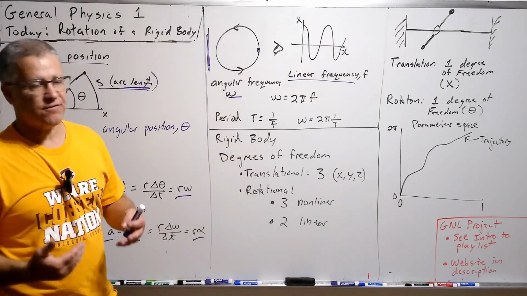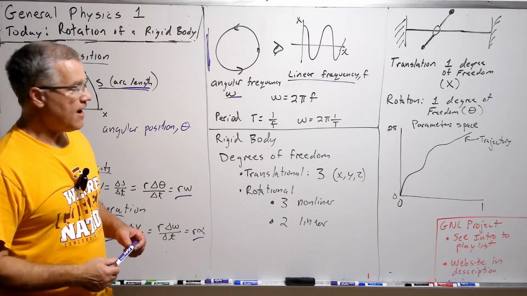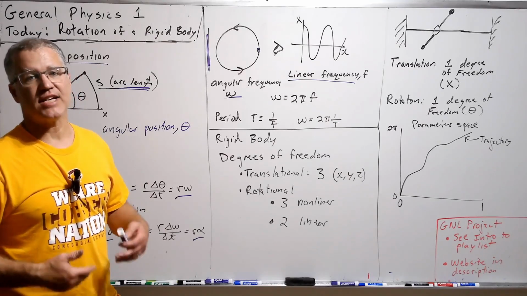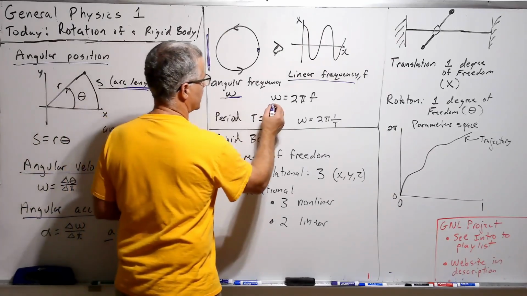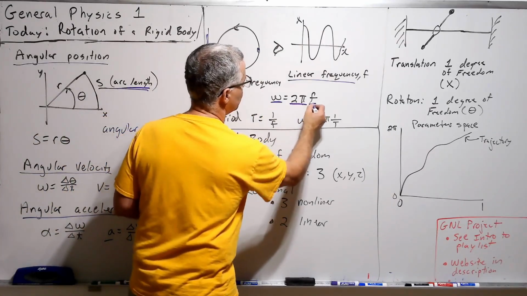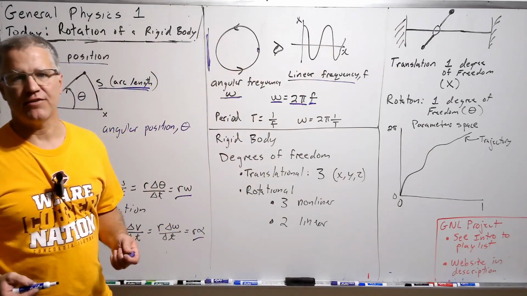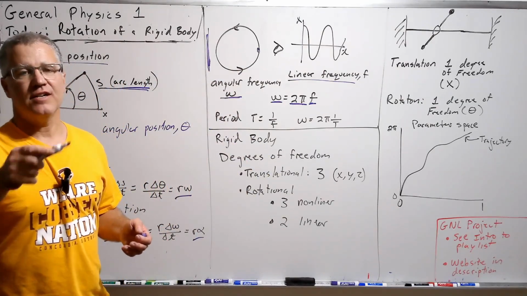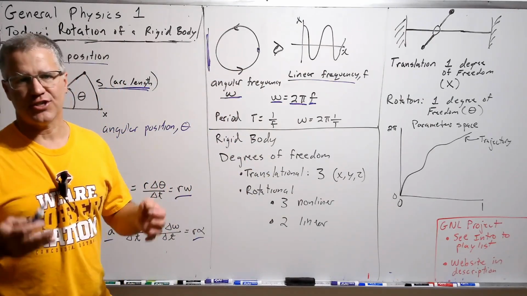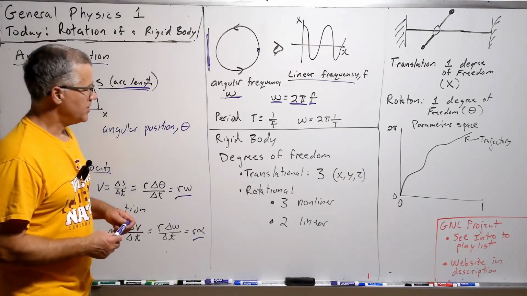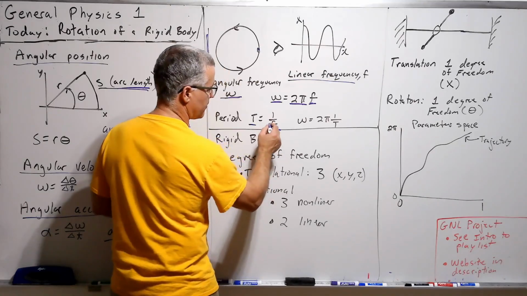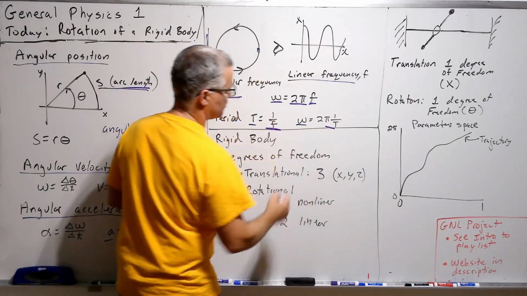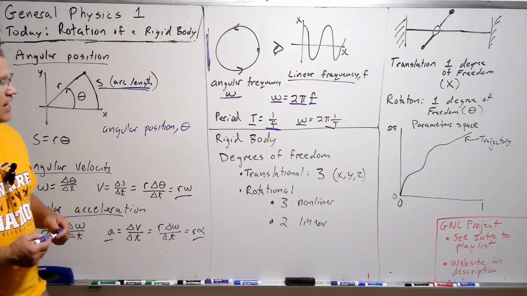That's what we call a linear frequency, f, and that has units of 1/seconds or hertz. It's related to the angular frequency such that the angular frequency is 2 pi times that linear frequency. And that 2 pi is because, as you might expect from looking at circles, you expect to see 2 pi's coming around. The period is just 1 over the linear frequency,